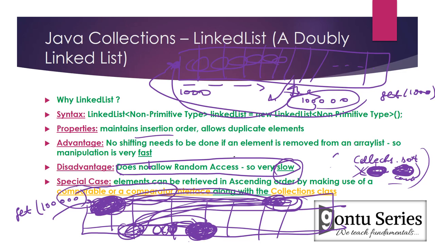The only important point you have to understand here is how a linked list is stored in the RAM. That's the only difference between an array and a linked list. So if someone asks you why you are using a linked list, maybe you are using it because of this advantage, that no shifting has to be done if you remove an element. So if your project demands removing elements very frequently in the container, then you should use a linked list, because that's comparatively faster than